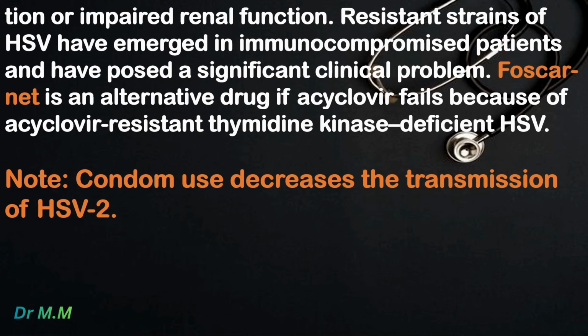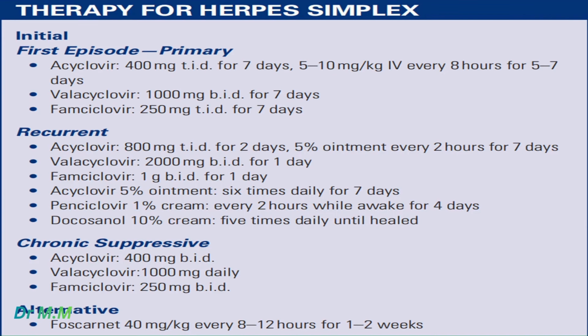Resistant strains of HSV have emerged in immunocompromised patients and have posed a significant clinical problem. Foscarnet is an alternative drug if acyclovir fails because of acyclovir-resistant, thymidine kinase-deficient HSV. Note, condom use decreases the transmission of HSV-2. The conclusion of therapy for herpes simplex: initial therapy for first episode of primary